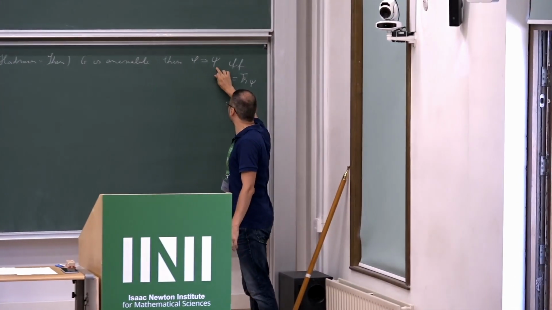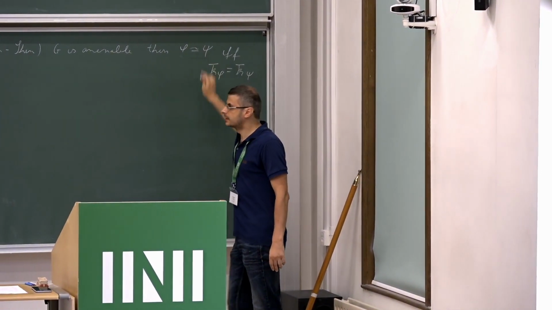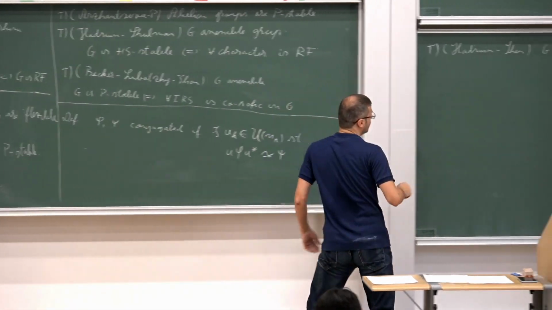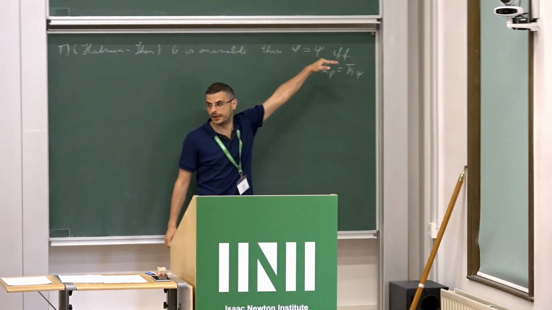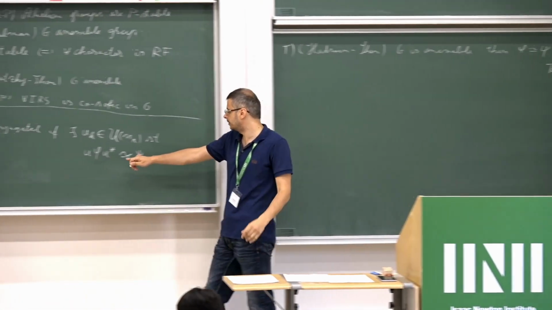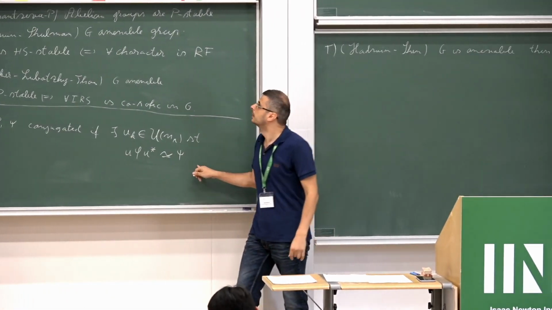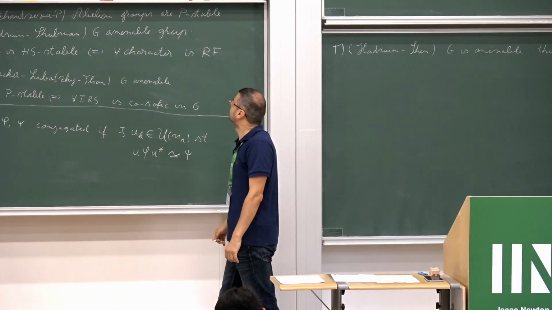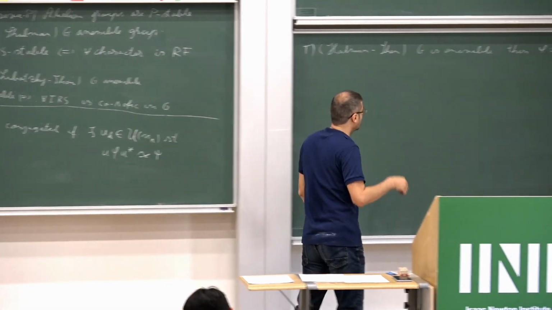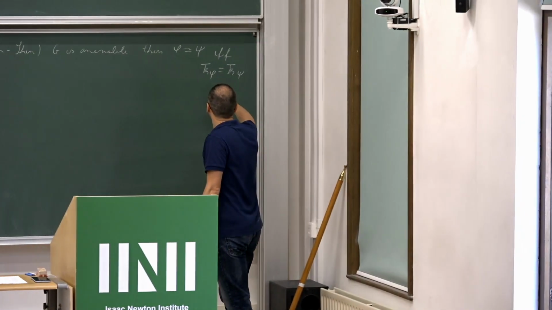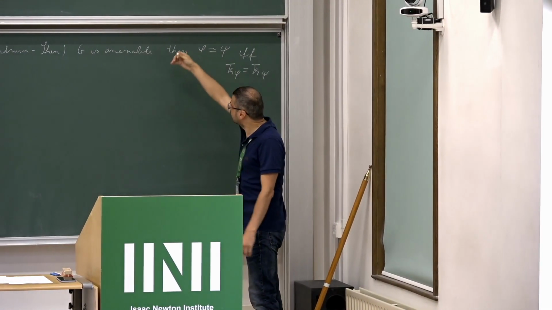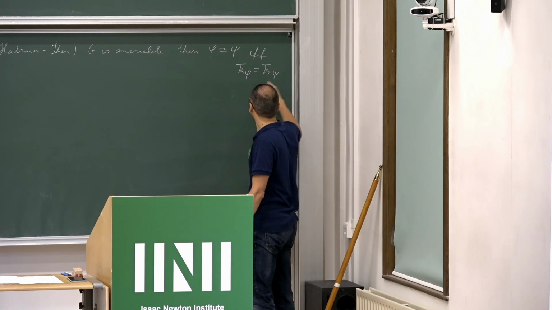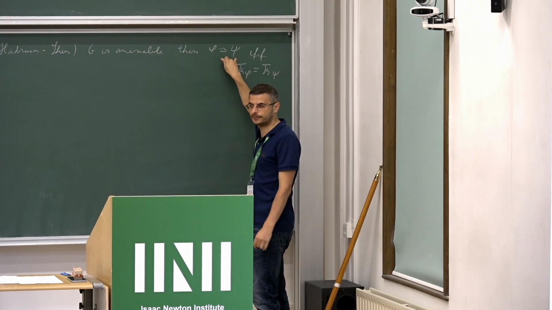So I'm referring to two hyperlinear morphisms. Of course, if two hyperlinear morphisms are conjugated, then they must have the same trace. This direction is trivial, because this operation, conjugacy, preserves the trace, and as I said, for two equivalent hyperlinear morphisms, you have the same trace. So what this theorem is saying is that for amenable groups, and it's important for a group to be amenable, you also have the reverse. Having the same trace is enough to guarantee conjugacy.